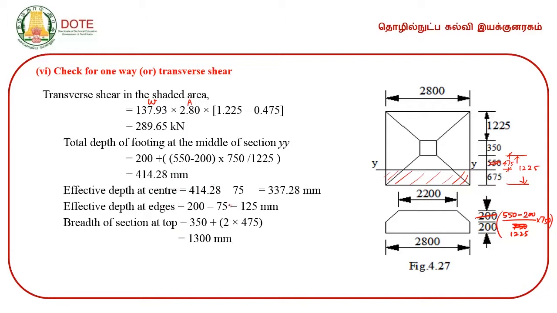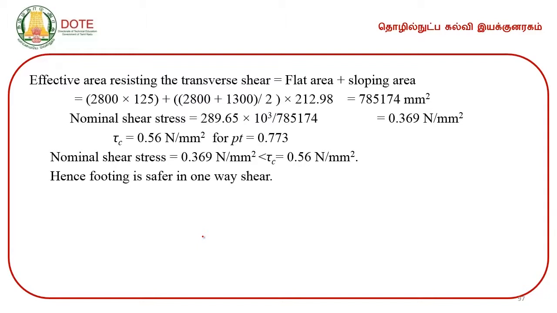the effective depth at the center is found, effective depth at the edges are found, and breadth of the section at the top. Now, the effective area resisting the transverse shear, flat area as well as the sloping area, is found to be this much, and the nominal shear stress, of course this is load by area, is found to be 0.369 Newton per millimeter square, and the design strength of the concrete for the percentage of area of steel 0.773 is 0.56. Since the nominal shear stress is less than the design shear stress, the footing is safe in